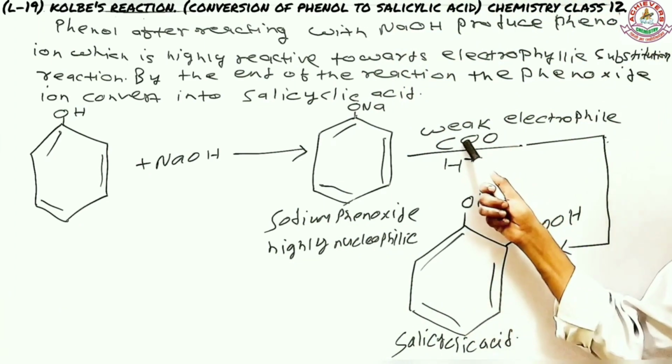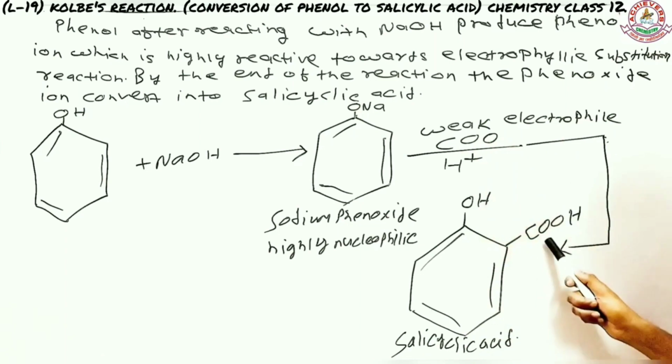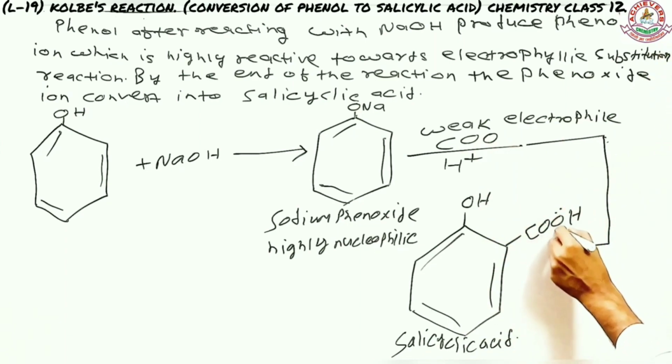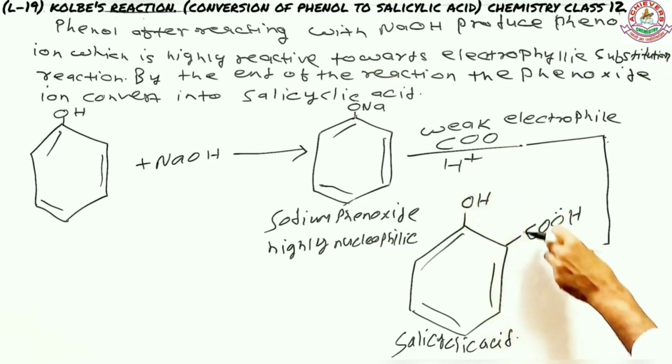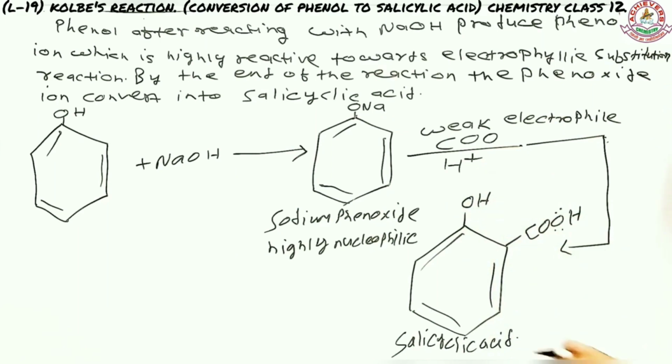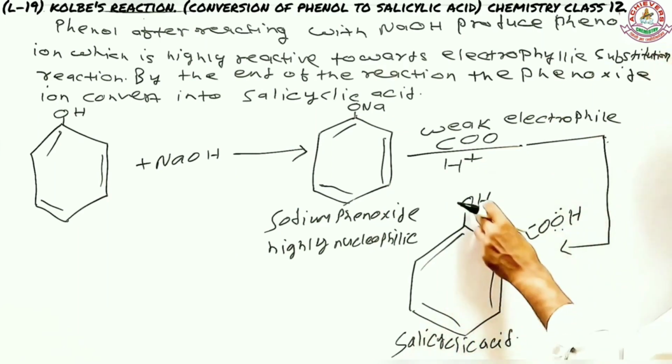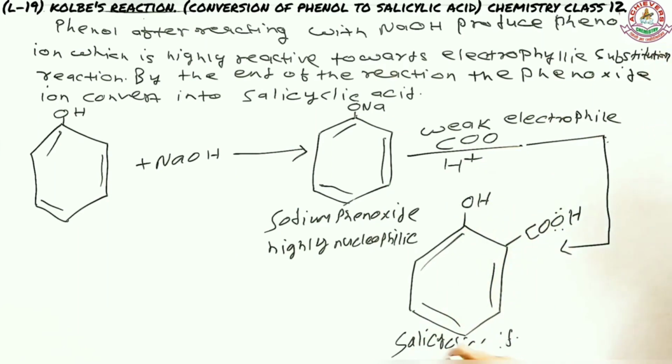Let me repeat. This is a weak electrophile. So first it undergoes hydration, and then if you want to understand what happened here, you do know that oxygen is highly electron rich. So therefore it reacts with the hydrogen ion and converts into a carboxylic acid. So that carboxylic acid product is called 2-hydroxybenzoic acid, and very commonly we know salicylic